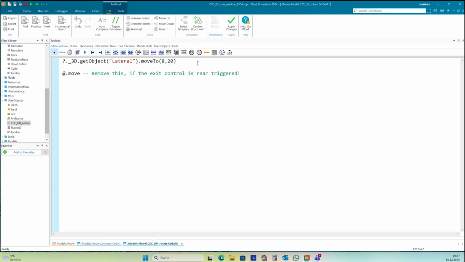And at the same time, I want to move rotation to 180 degrees in the same amount of time.